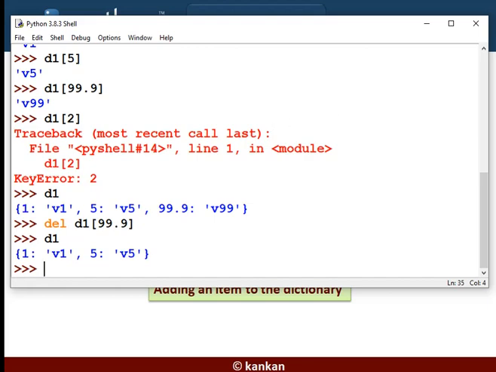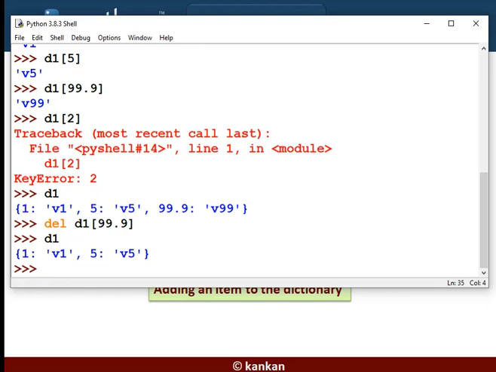If you want to delete the entire dictionary, then what to do? Just write down the dictionary object. You do not need to specify any key. As a whole, the object will be deleted.